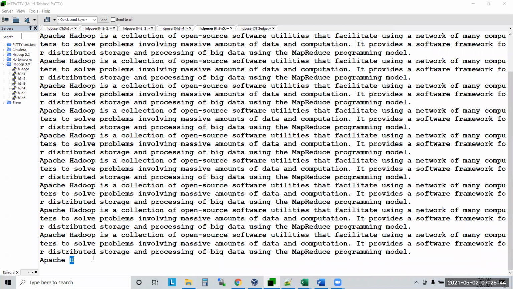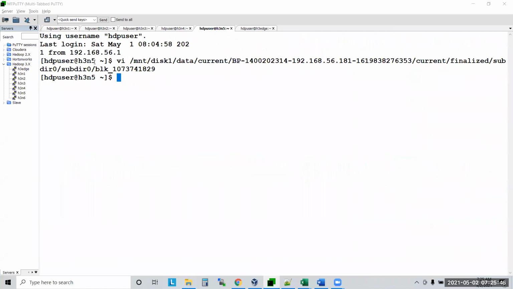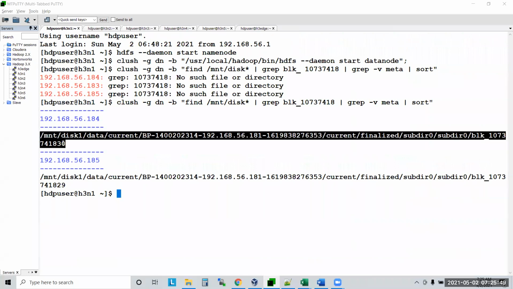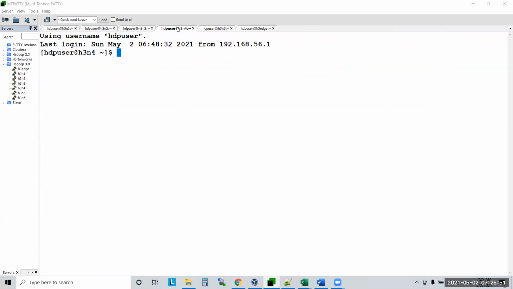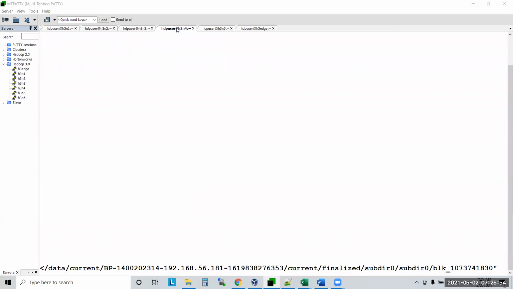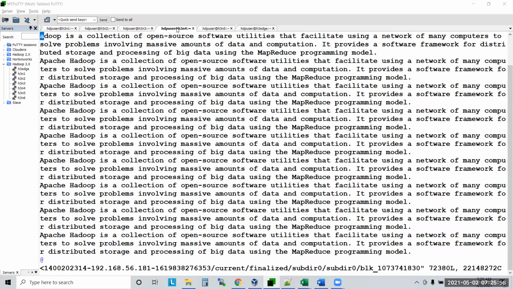So now where is the second piece? The second piece is in the 184 machine. Now I will go to the second piece, vi. Where is the second piece starting? It starts with A, Hadoop. So H is in the first piece, and A, next to where it stopped, starts here: ADOOP started here. Understood? Okay.